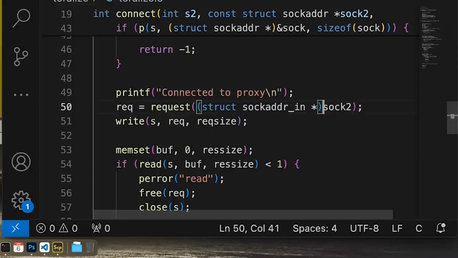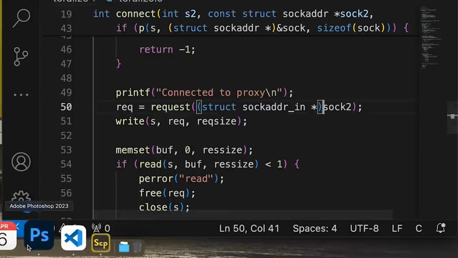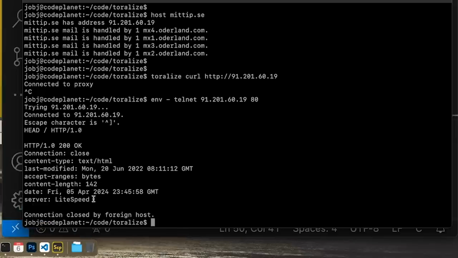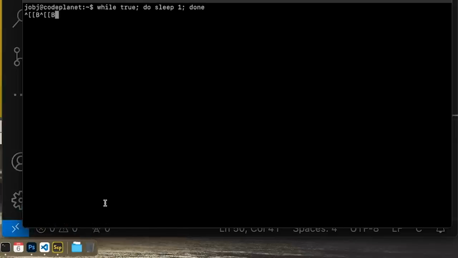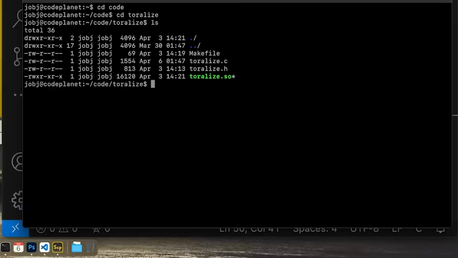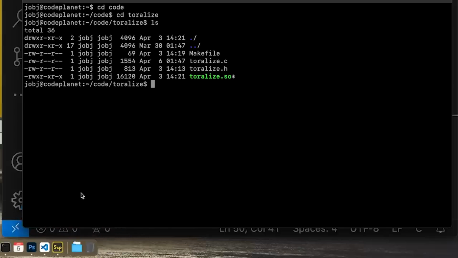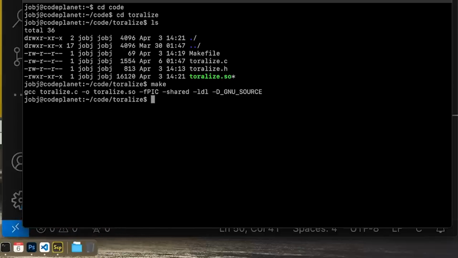What if we were to do like this instead? cd code and Toralize, and we need to run make